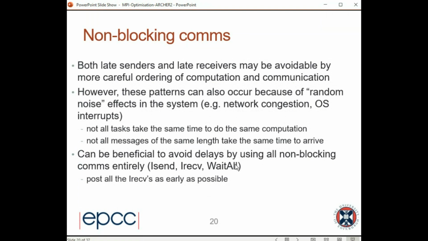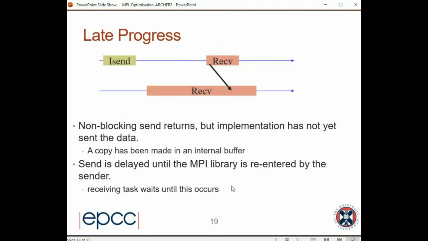So what you do, in a 3D halo swapping code, is post 12 communications: send up, down, left, right, forward, backwards, and post receive up, down, left, right, forward, backwards. Then you tell MPI to go into the MPI library and just wait for all of these to finish, and MPI can deal with them as and when they're ready. It's also advantageous to post the receives as early as possible, because as we said, if the receives are posted, then the send could have completed right at the start rather than having to wait.